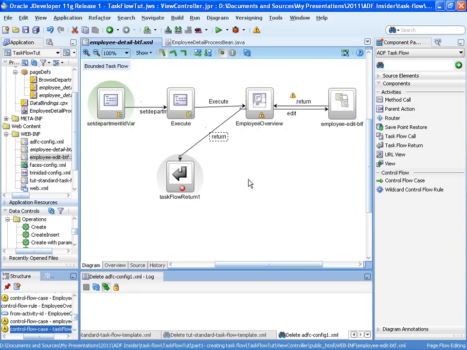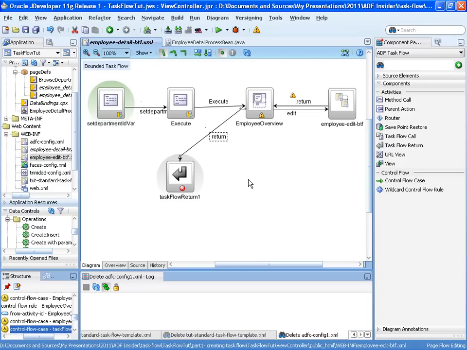Now, if this bounded task flow is enclosed in an ADF region, if it's operating as part of a page, then as I mentioned, the use case is very unlikely that you want to have a return statement, but you can. There is a possibility that you have a listener listening on the region for this task flow return, and then you would do the right thing in your code. Example could be you have a checkout of a shopping cart. To some point, though it's executing as a region, you don't want to have this executed in a loop, so to some point you would just have a return statement, you would catch the fact that the return is called and then either navigate the parent page to another page, maybe a shopping summary, or you would just start a new